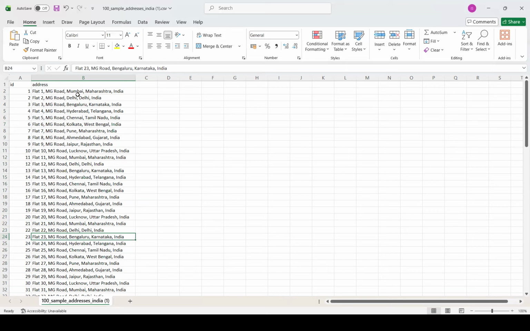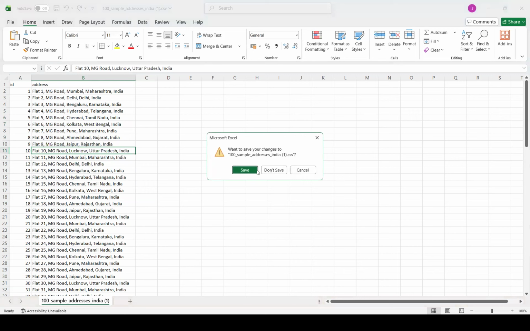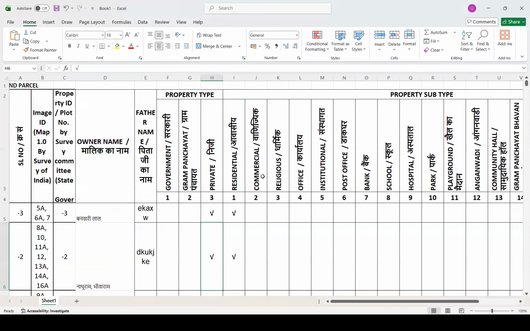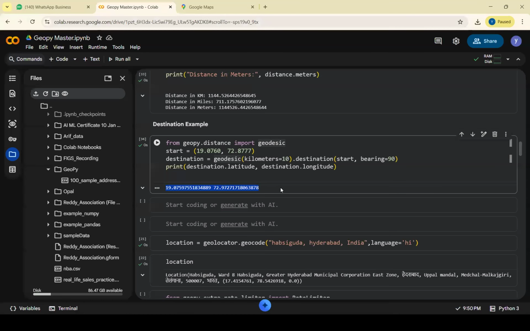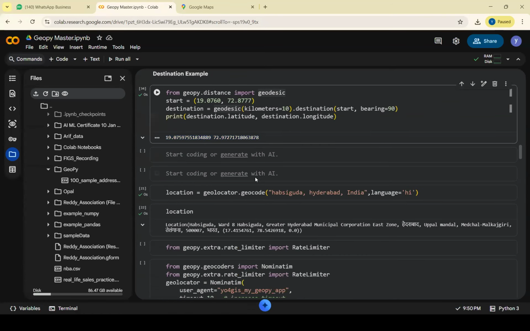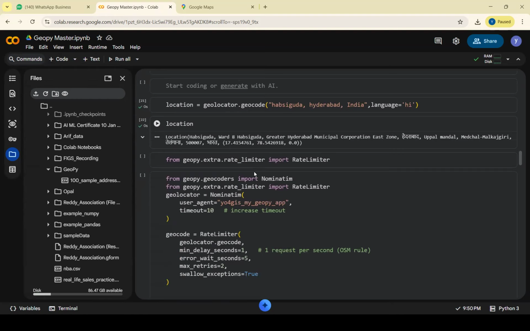Definitely, some of the addresses we can get, some of the addresses we cannot find. We already have whatever address is in the database, that I am able to show you, and whatever addresses are not available, GeoPy also will not provide. So now, if we go to the code, downside,